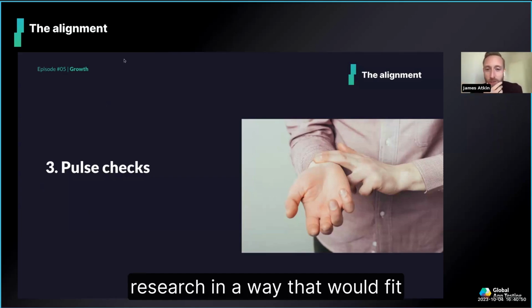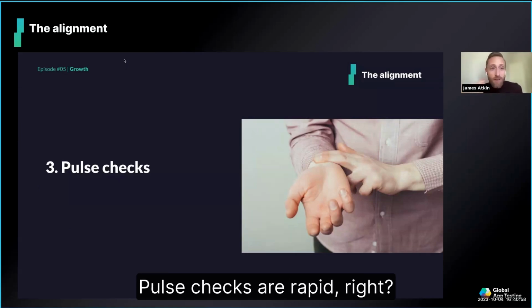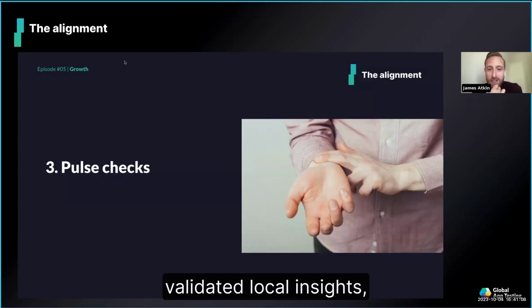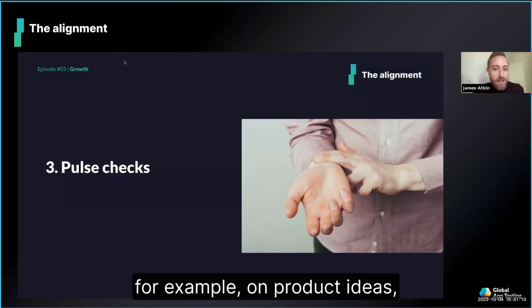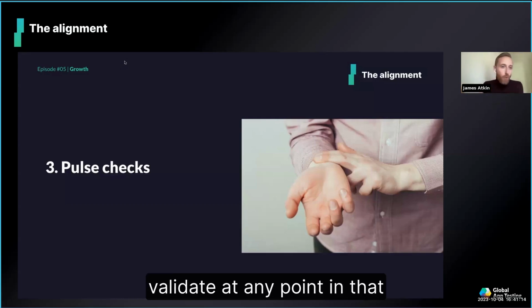The first time we started work on pulse checks, our clients were looking for a way of systemizing local UX research in a way that would fit into traditional software development life cycles. So crucially, therefore, pulse checks are rapid, right? They're intended to be quick and fast, which means they can be proactively run and empower you with actionable, validated local insights, for example, on product ideas, mock-ups, prototypes, hypotheses you're looking to validate at any point